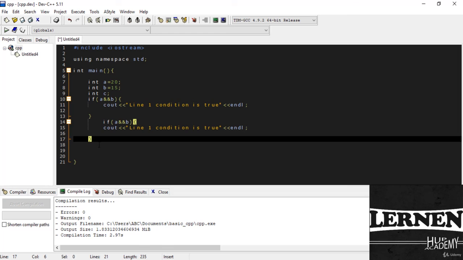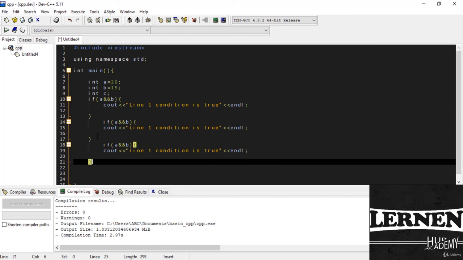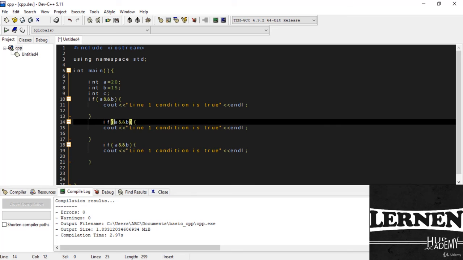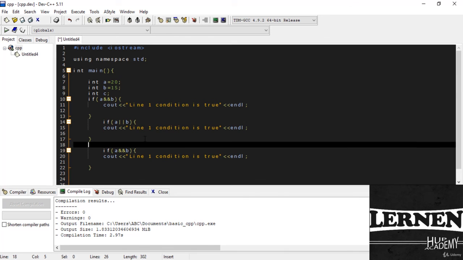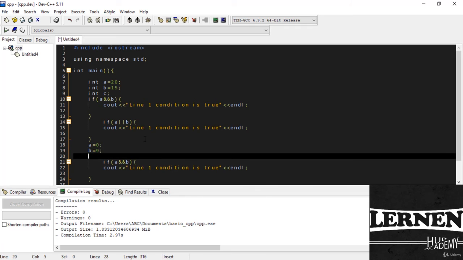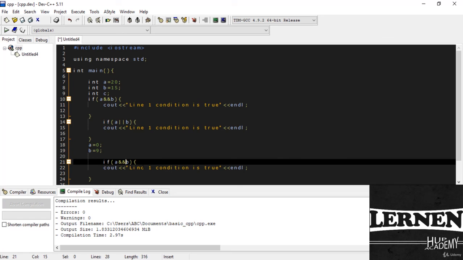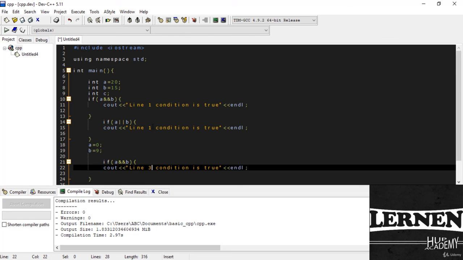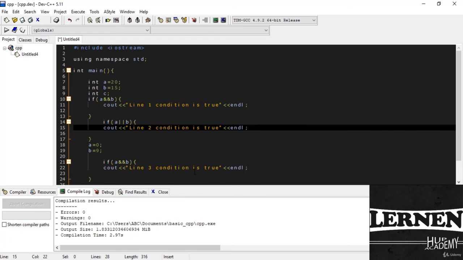Now let's copy this one for the OR operator and the NOT operator, and here I write, this is for the OR operator and the condition is true, and here I just change the value. So a is equal to 0, and then b is equal to 9. Now I just write if a and b operator, so line number 3 here, so I just write condition is true,